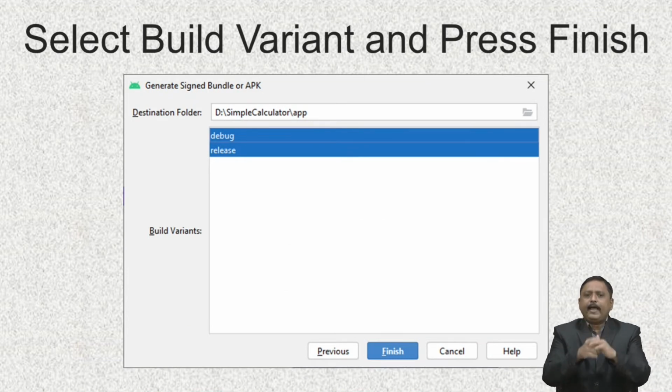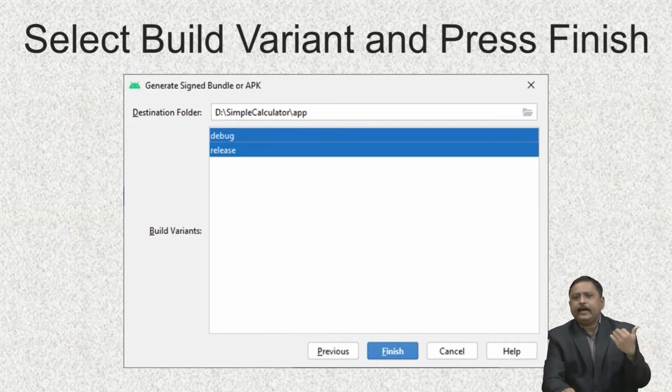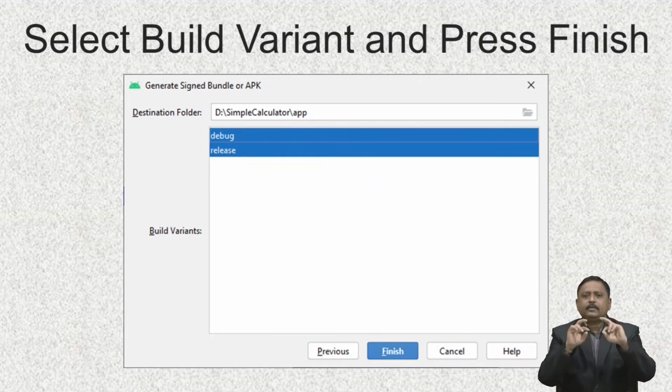After clicking on next, it will ask you for the destination folder to generate the signed bundle or APK, and the type of build variant. You can select release only or both debug and release. After selecting one or two, you have to press finish.